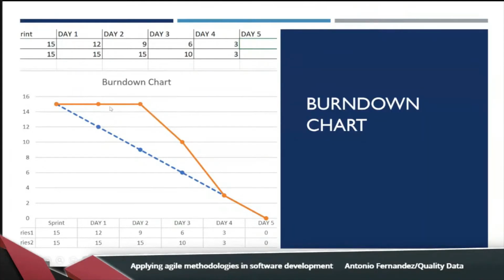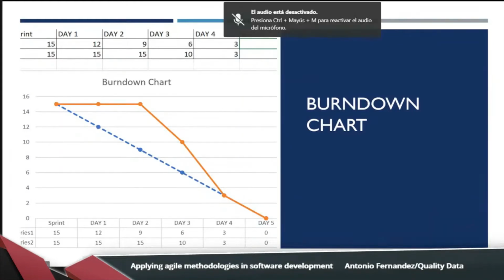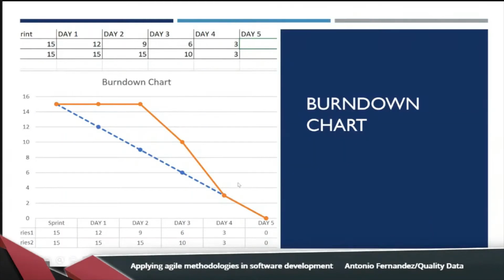We can observe that the story points pending are the same as the last day. And probably we need to remove a blocker or find a solution for a problem the team has. And we need to make a decision in real time to avoid problems in the future. After resolving the problem, the team can complete user stories and finish this iteration on time.